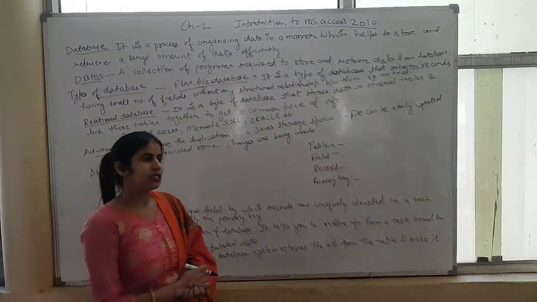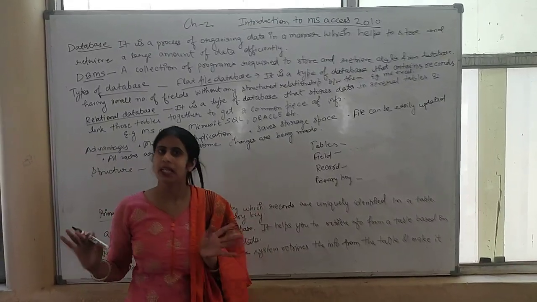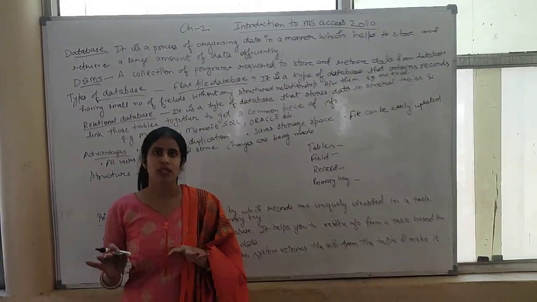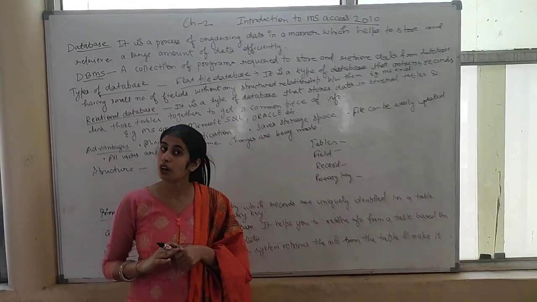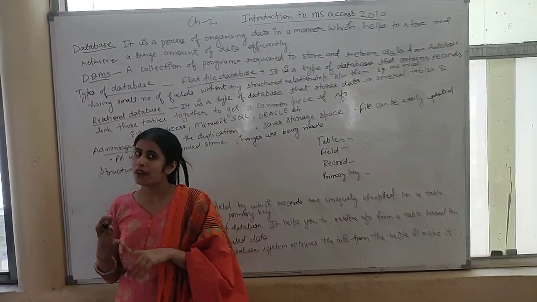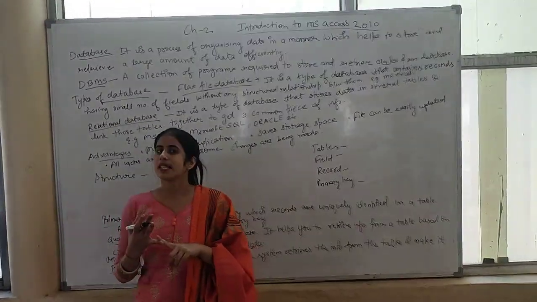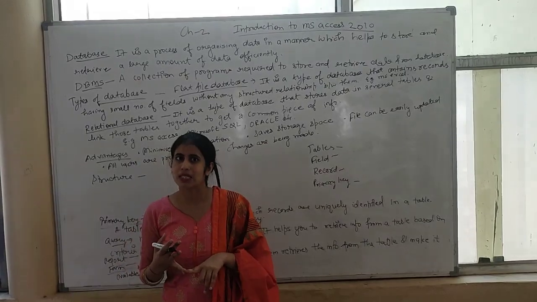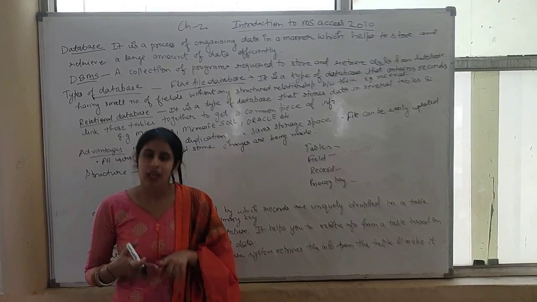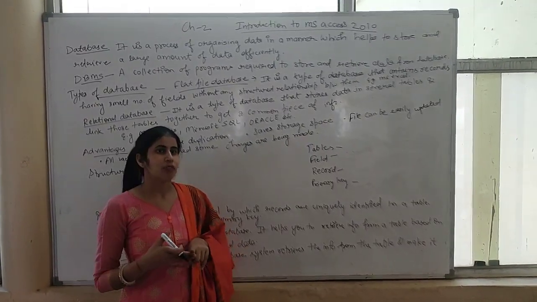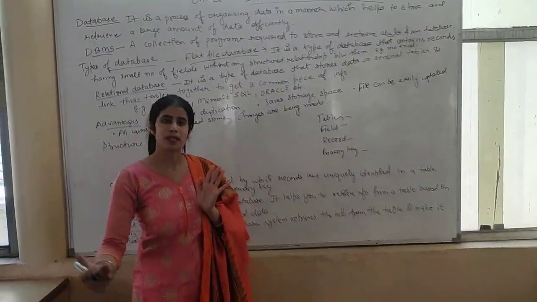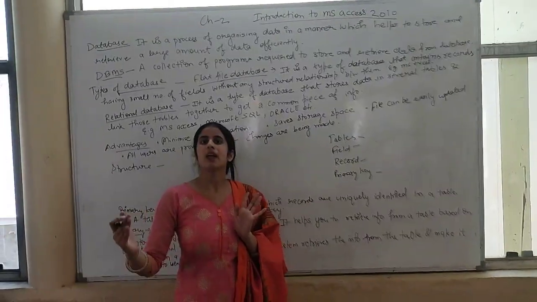Example of database are, suppose in our school we have maintained the record of each and every student, and around 2800 students are in our school, and we have maintained the record of all these students in our software. In that software we are having the particular details of any student: his name, his class, his section, his contact number, his father's name, mother's name, and from where he comes, contact numbers. Every detail about an individual person we are having in any database.